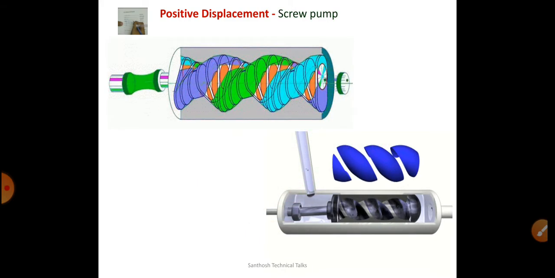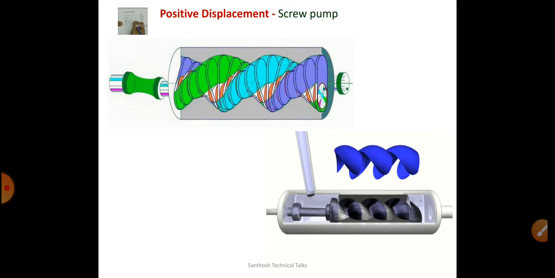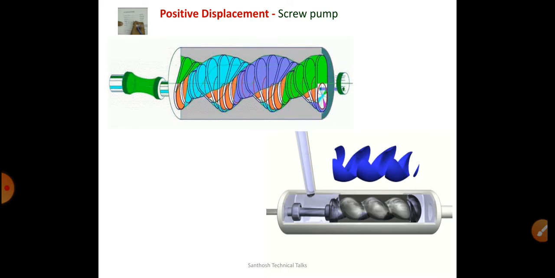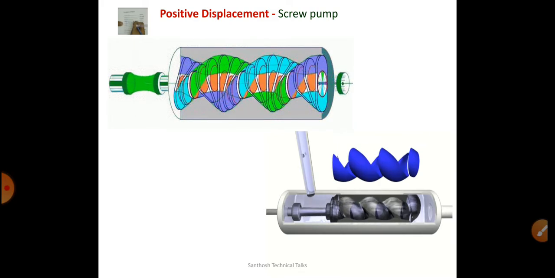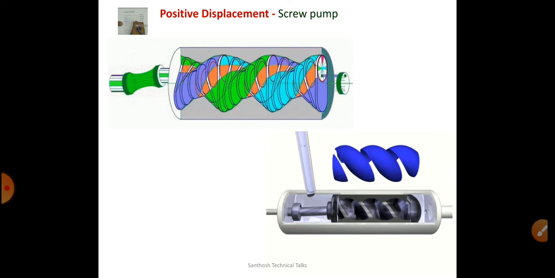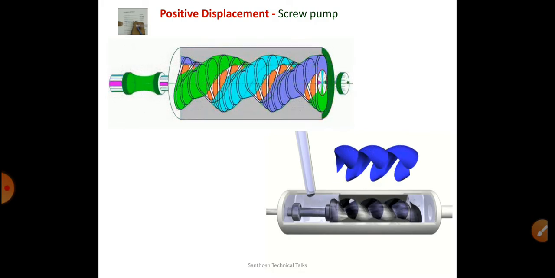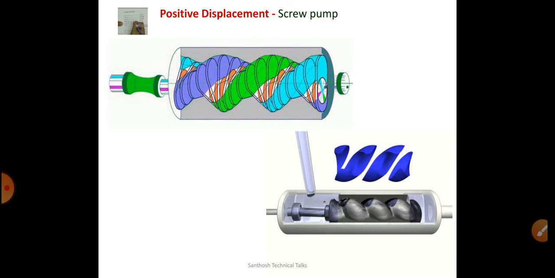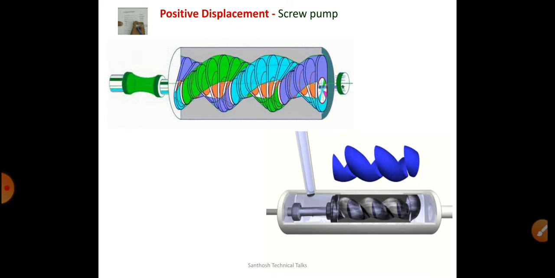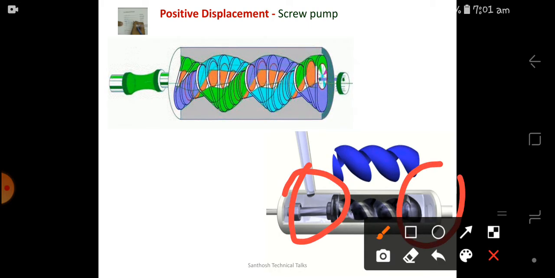So next is a screw pump. Generally, screw pumps are used to transfer very thick, thixotropic fluids like muds or a cement mixture from one point to another point. Here the screw is being used. Between the screws, high viscous and high density fluid is transferred from the suction to the delivery. Here is the suction end, this is the delivery end.